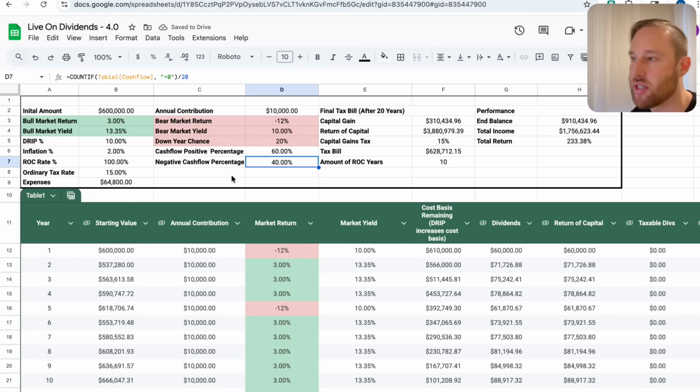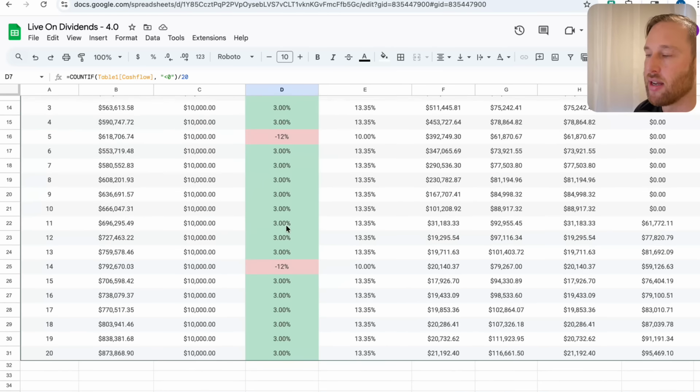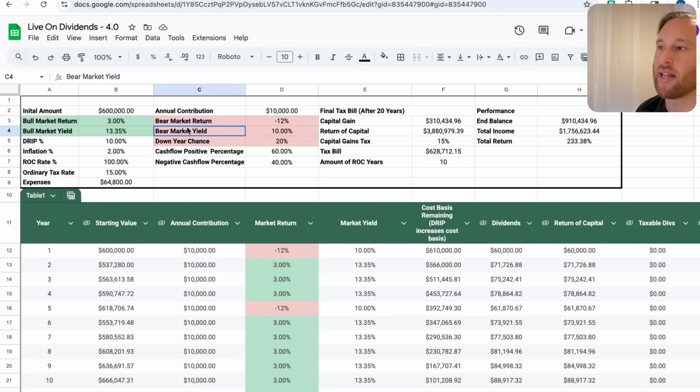And this is dynamic. This will change every single moment because it is a randomized factor here. And maybe you assume less bear market, negative weighting, right? We play with it and we make it work. We don't try to bend the numbers to our favor because we want to be realistic, but we still want to be realistic.